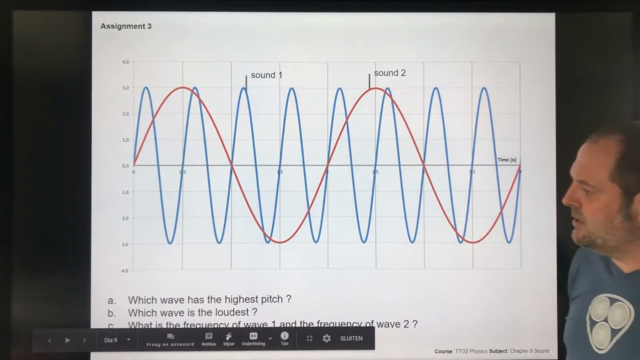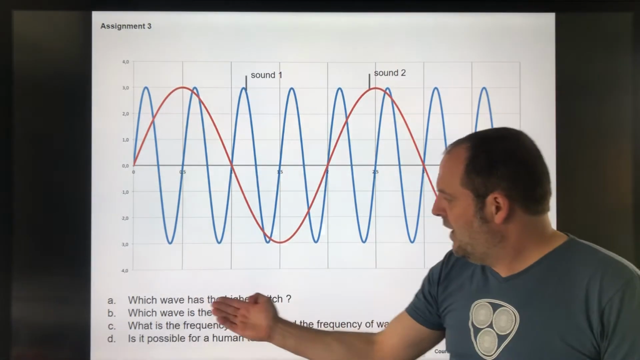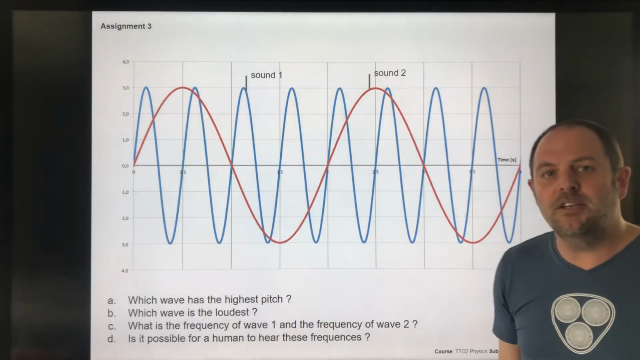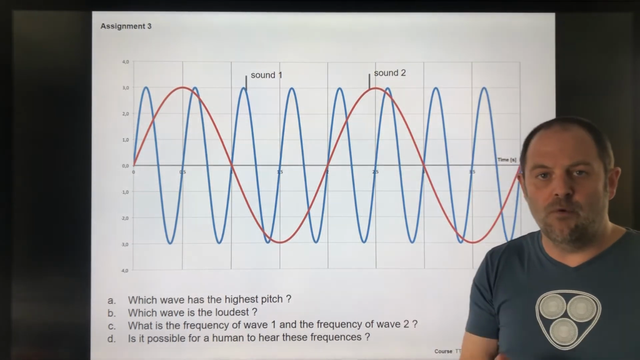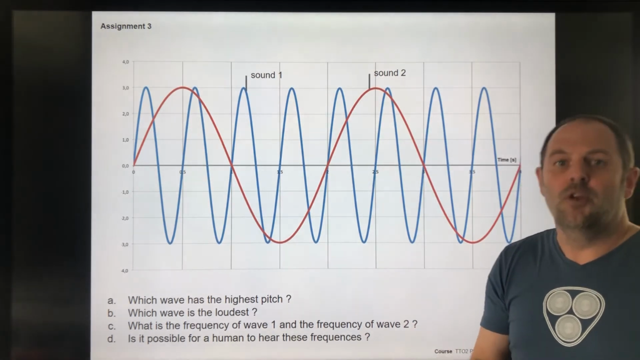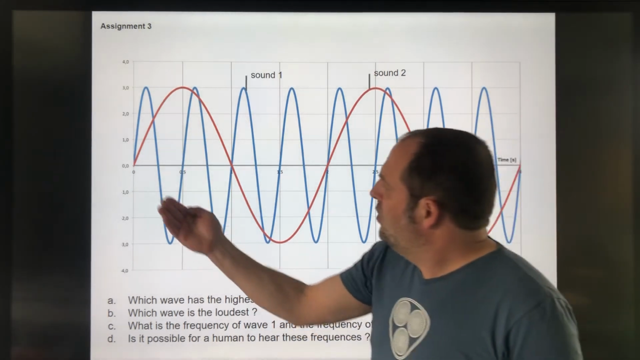Then this question number 3, there are 2 waves given. The question is this: which wave has the highest pitch? Well, the highest pitch, you're talking about if it's a high or a low tone. Well, the higher the tone, the more waves you have, so the bigger the frequency. So the highest pitch,